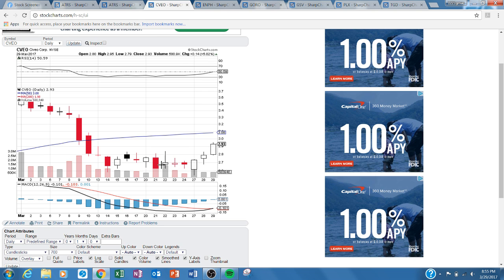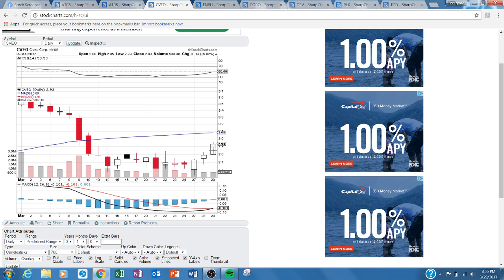That's usually an indication of a support line because they all open and close, which is the thick part of the stick, very close to each other. And then the wick is these long, skinny parts that stick out. That's just the high and the low of the day. So it looks like this is a pretty good hammered out spot right here, and the stock's on an upward trend. So what I would do is I would set up a